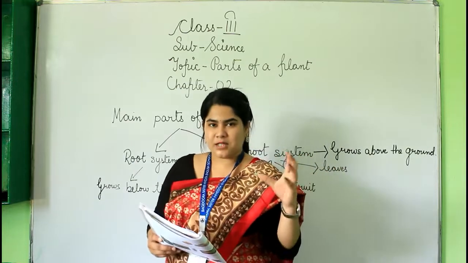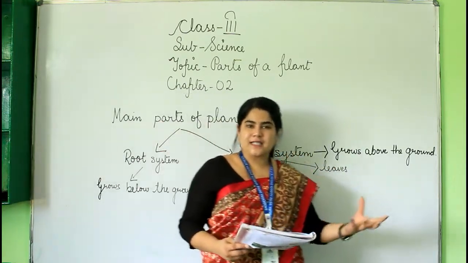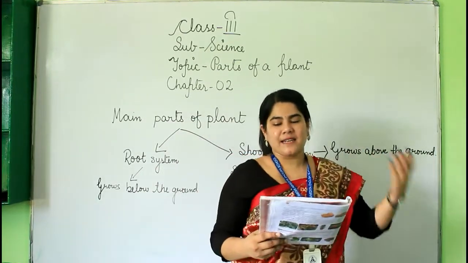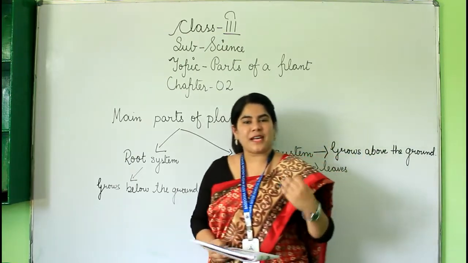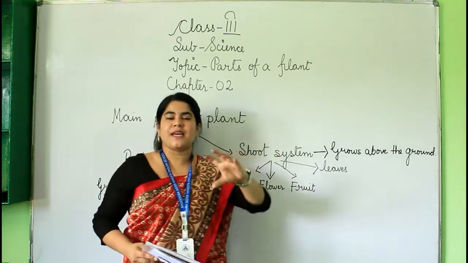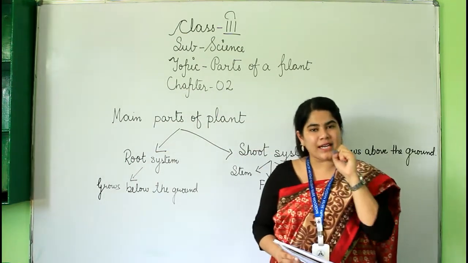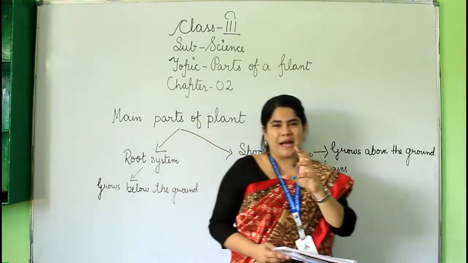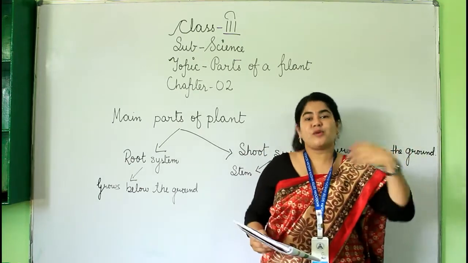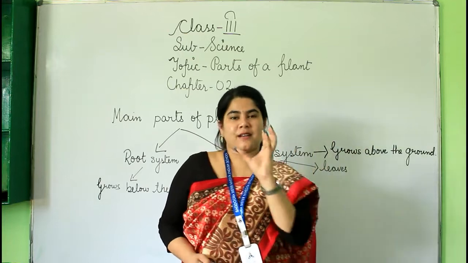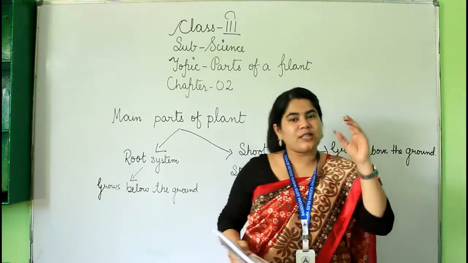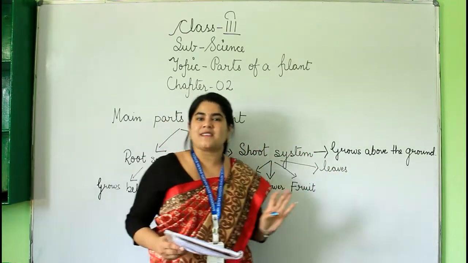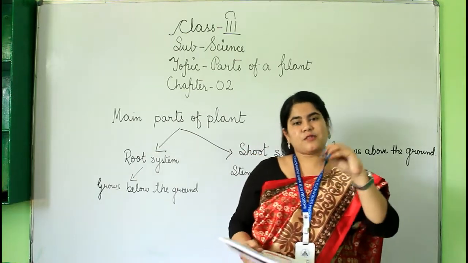Leaves of some plants store food. We eat some leaves of plants as food also. Cabbage, spinach and lettuce are some leafy vegetables that we eat. These types of plants store food in leaves only, so we eat those leaves as a vegetable. Do you like cabbage or spinach? Palak, bandh gobi. Yes, these are the leaves that we eat. Just before, I told you that radish and turnip, which we eat, are actually the roots of a plant. Very similarly here, cabbage and spinach are the leaves that we eat as a vegetable. The leaves themselves store food.